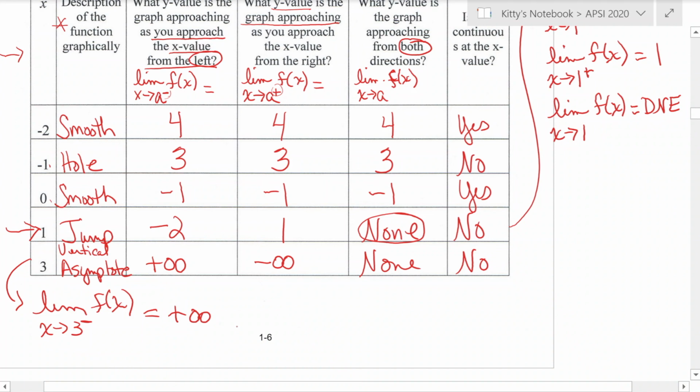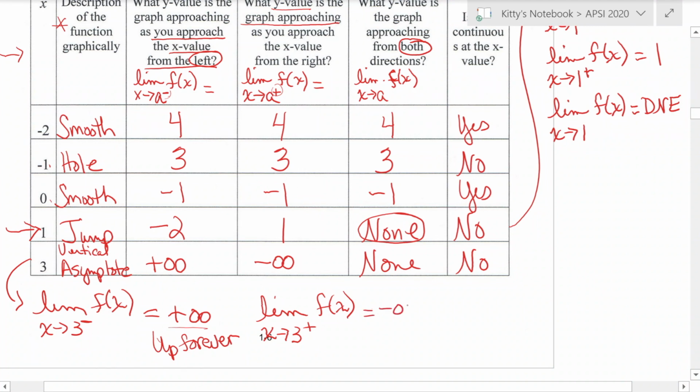But how you think about it is, as you go to 3 from the left, your function's y values go up forever. So that whole deal we did yesterday still applies to this, and you've got to think about it. So if you go up forever on one side, and on the other side, as x approaches 3 from the right,